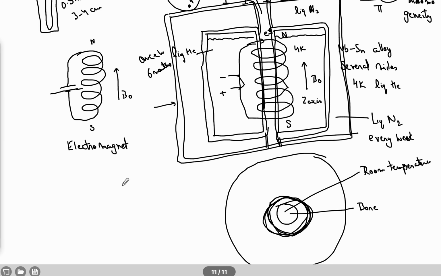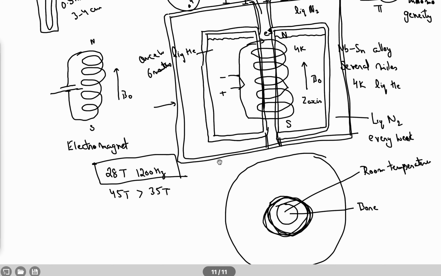The highest NMR magnet as of now which is running is 28 Tesla, and in non-NMR applications, I think there is a 45 Tesla magnet, and the next one is 35 Tesla. So these are for other purposes, not for NMR. But for NMR, this is the highest, which has a proton resonance frequency of 1200 megahertz. Okay.